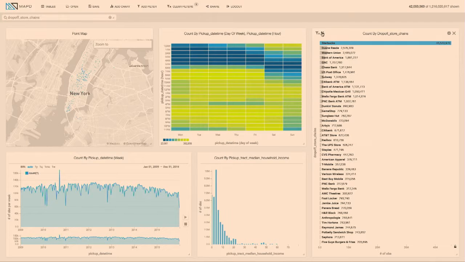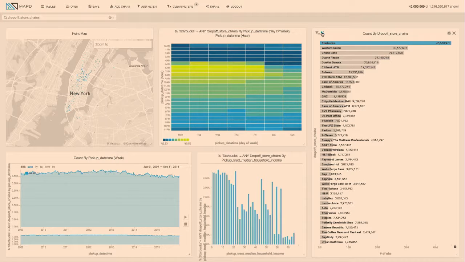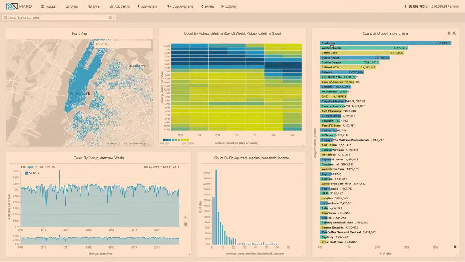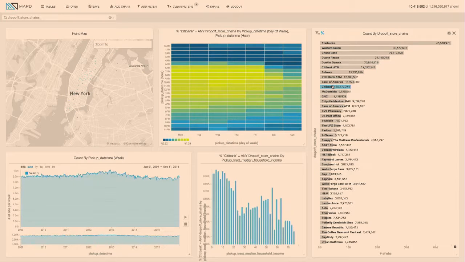And we could normalize this so that we're comparing the rides to the greater ride population and seeing what's different about them. Here we see that Starbucks rides tend to be dropped off in the morning. So it does seem like there's a signal here. You might say, hey, how do we know that they're going to Starbucks? I would argue that if you look at the data here, you'll see that things make sense.